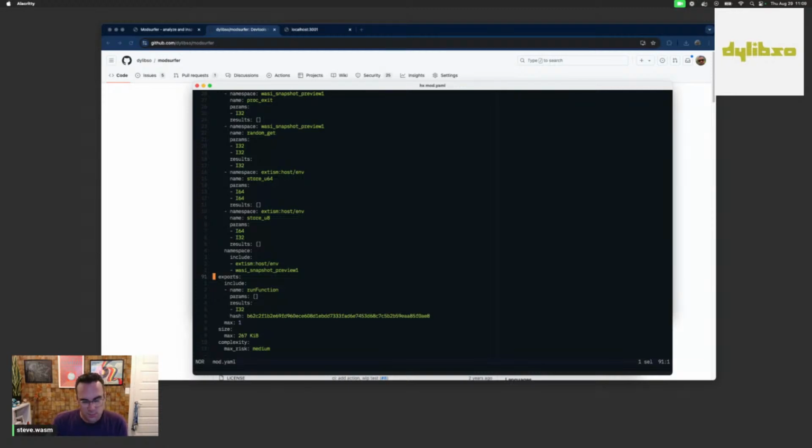So this Wasm module should export a function called run function. It takes no parameters and returns an I32. And you can even get as specific to require that the module is precisely the code that you expect it to be, using a hash. Modsurfer will actually read all the function bodies and build up a SHA-256 hash of just those instructions inside that function. So this is not a hash of the whole module. This is actually a hash of the instructions in the body block of that function itself within the Wasm,